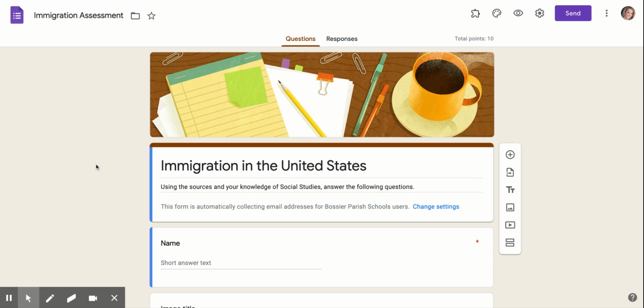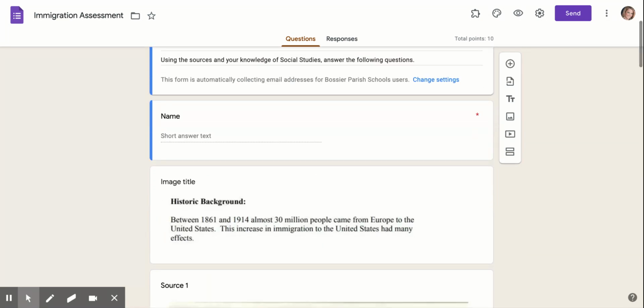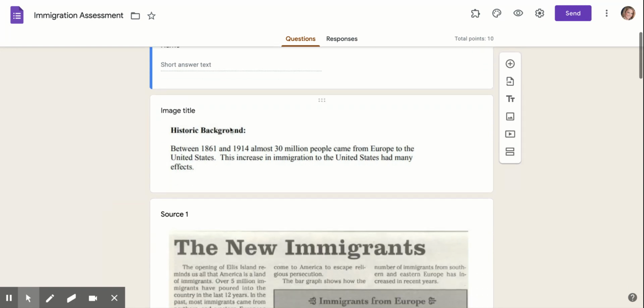All right, so we have come to our assessment for Unit 5, Topic 2, and this is a DBQ. That means document-based questioning, and they're going to be questions based on some sources that you are going to have to answer. All right, so right here where it says name, you're obviously going to type your name. Just in case your email address doesn't come attached to it, we will know who submitted the form. And then